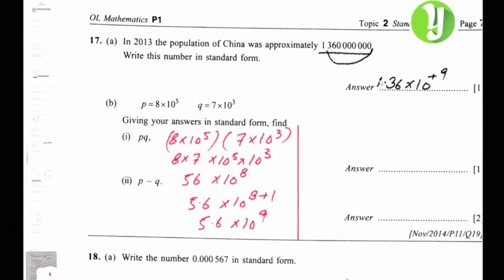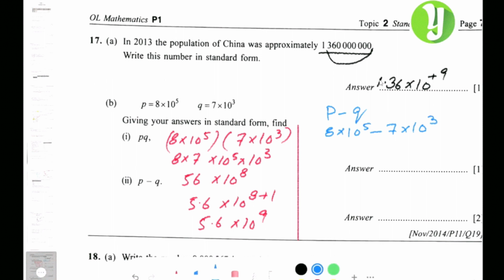The next one is we have to perform the subtraction. So for subtraction, we can just write the numbers 8 by 7 by 3. So we take the minimum power common. So in that case 10 power 5, 10 power 3, the minimum power is 10 power 3. So we take 10 power 3 common. Remaining is 8 times 10 power of 2 because power 5 is there, 3 common, 2 is remaining inside the bracket, and minus 7 is the same, and 10 power 2 means 100. So 10 power 3, 8 times 100